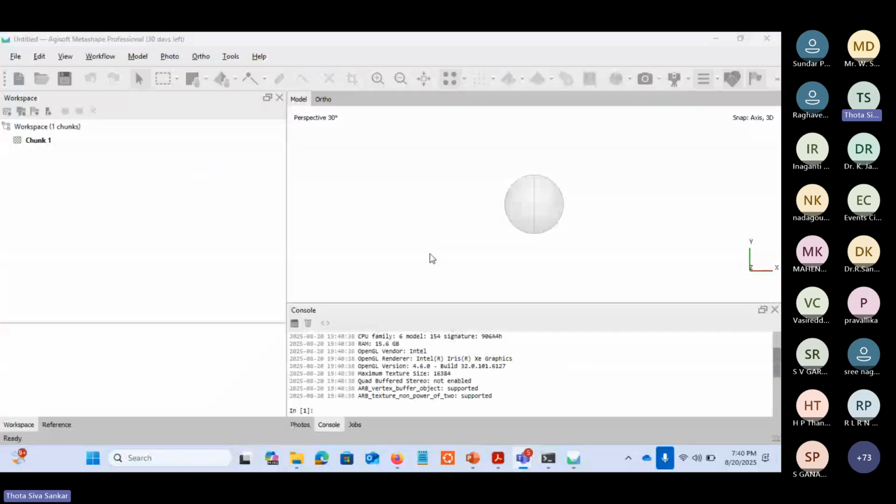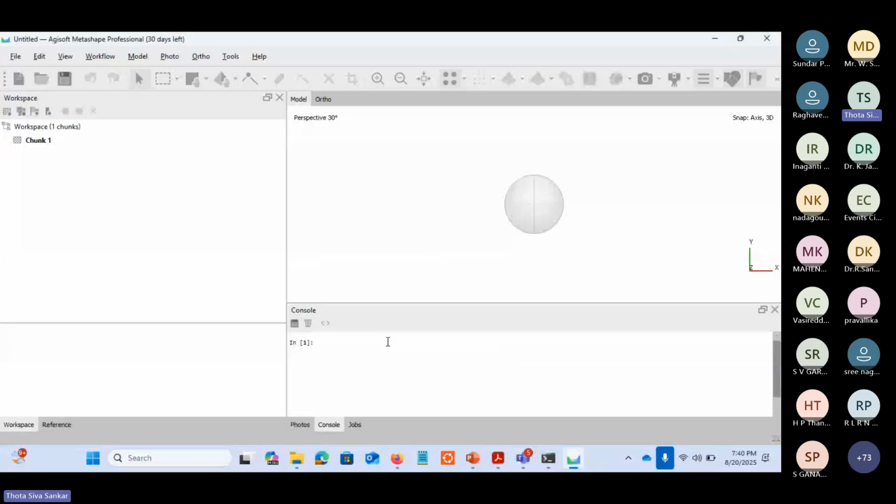Okay, so I have just cleared the console. If any processing was carried out in the previous sessions, those details would be available in the console, so we clear them without creating any confusion for my processing. And on the left hand side,